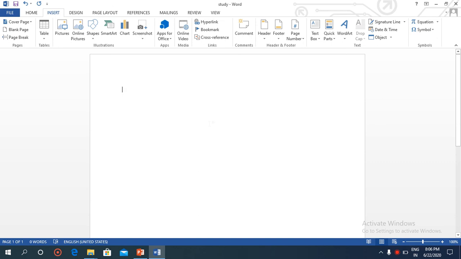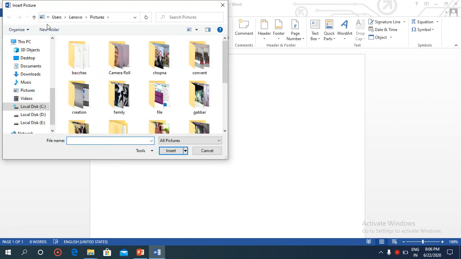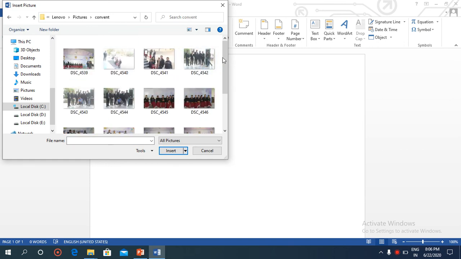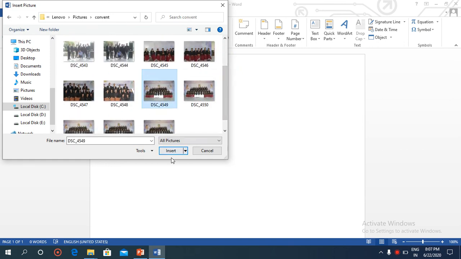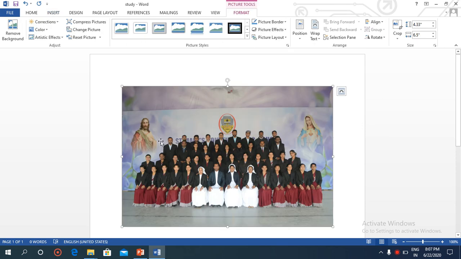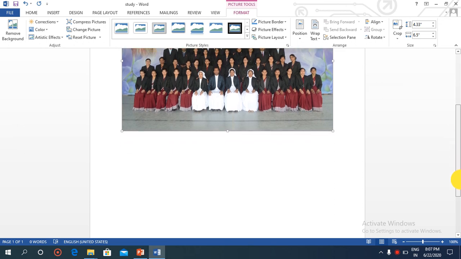Now we are going with the next one, that is inserting picture. Now if you want to insert a picture in your drawing, what you have to do? There are some steps. Step first, click on the insert tab. Here we are already in the insert tab. Then you have to click on pictures. Then a window will appear. Then you have to select any of your desired pictures. You can drag that picture and insert it in this way. In this way you can add a picture to your screen. This is the procedure for inserting pictures in your file.